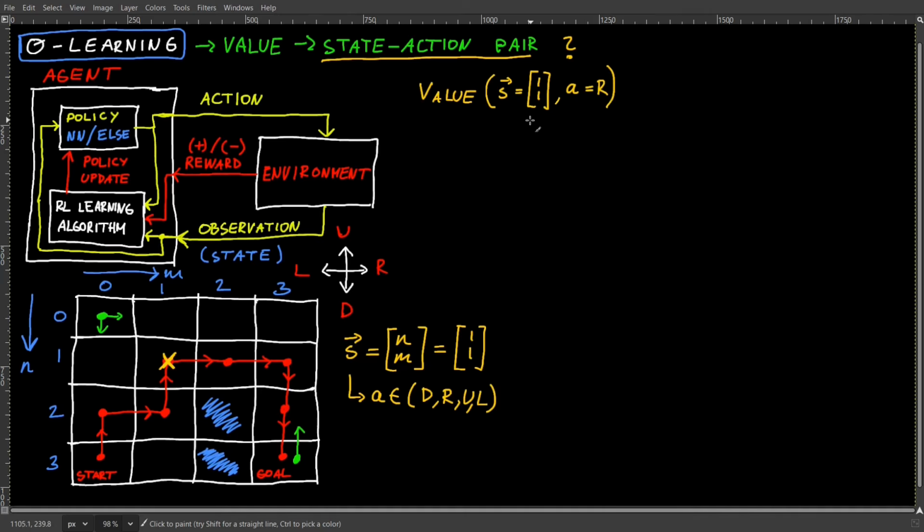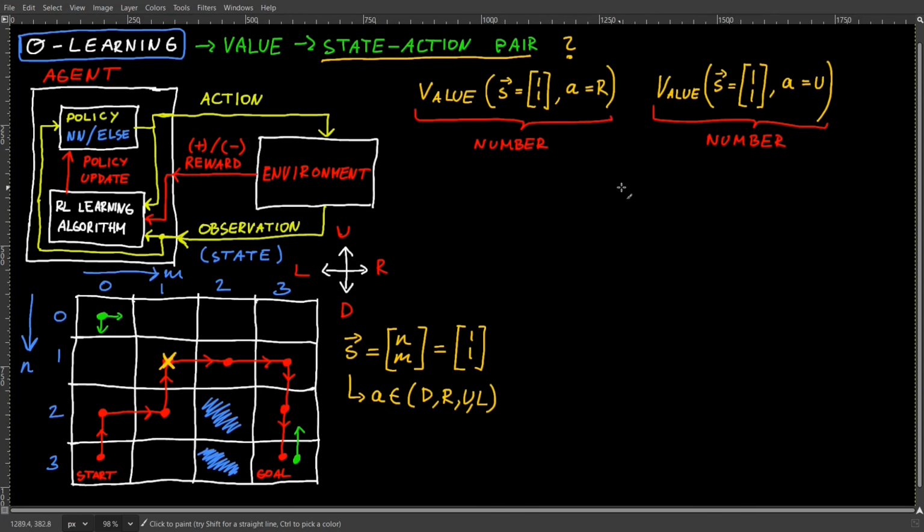In other words, is the value of this state action pair greater, or is this one greater? These values here are simply numbers, and the greater the number, the more valuable that state action pair is. Logically thinking, this one, where you take the action to the right, in this particular cell 1, 1 should be greater than going up from that cell, because when you go to the right, you get closer to your goal. For example, if this one is 8 and this one is 5,